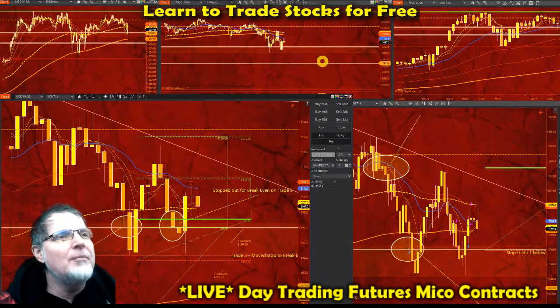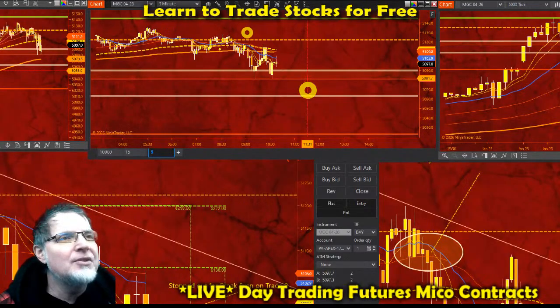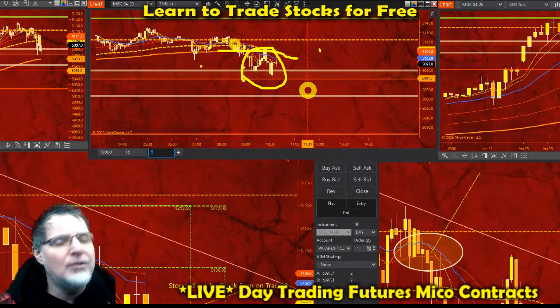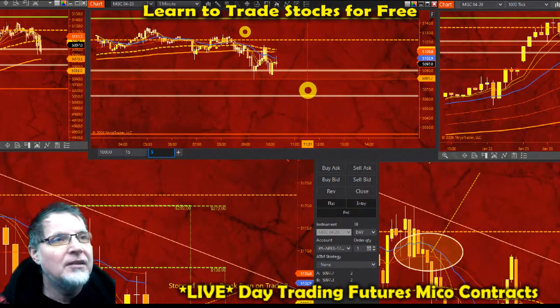See, look at this 5-minute chart up here. That's all under the moving averages. Everything's under the 200 on the 5-minute. That's the higher time charts that I need to pay attention to. When I first started this trade this morning, everything was up here. I thought it was going to break out, but it didn't.